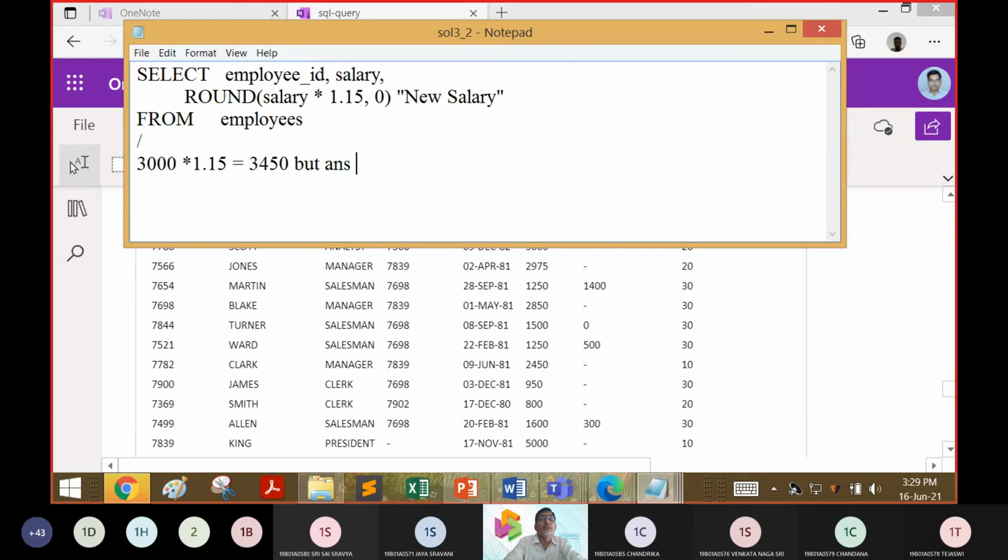But the answer will be 3,000, because we are using the round function.